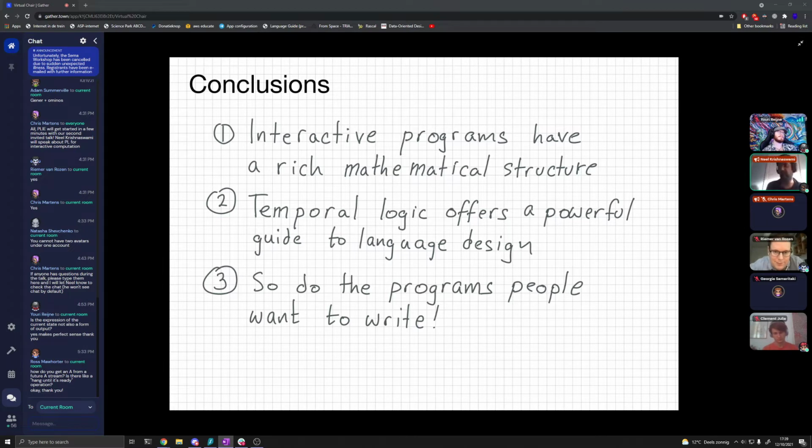I implemented it, and then I realized that no, actually, there's still more work to be done before we can really say we've nailed the problem of language design for interactive programs. Like we're getting close, I think, but it's been a long road, but it's also very exciting.